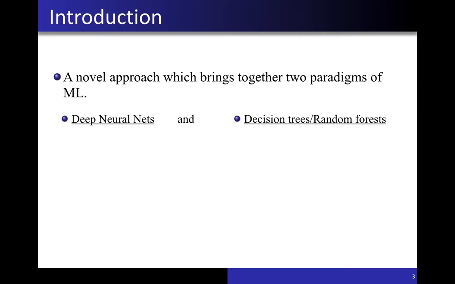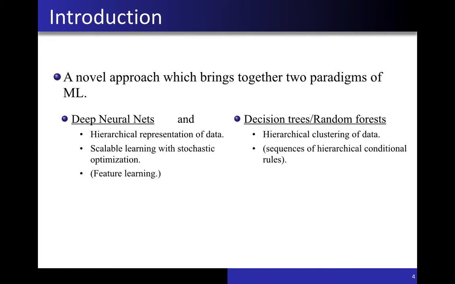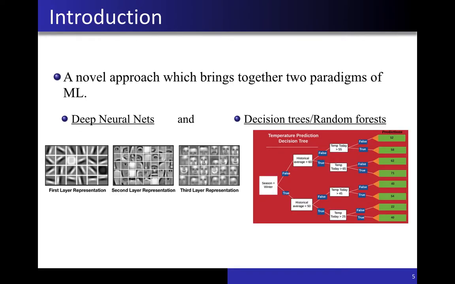Deep learning approaches, CNNs to be more specific, learn hierarchical representation or features of the data. However, decision trees are characterized by a hierarchical clustering of the data. It learns how to split the data's input space in a hierarchical fashion. So neural nets learn complex nonlinear transformations to apply to input data in order to enable easy and accurate classification or regression. So here in this example